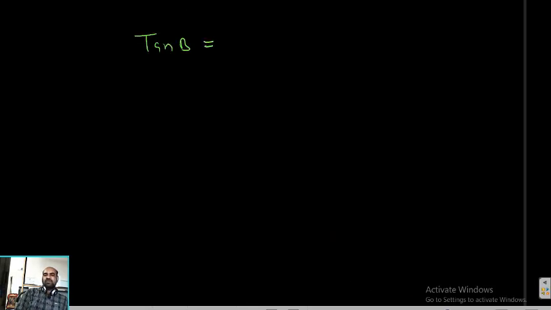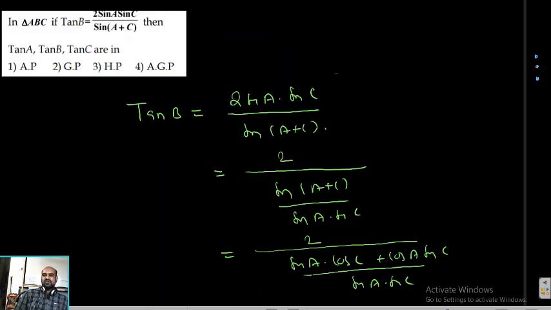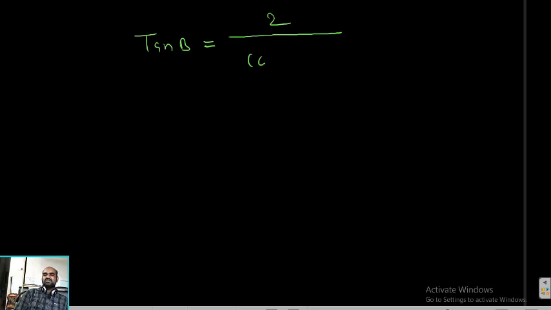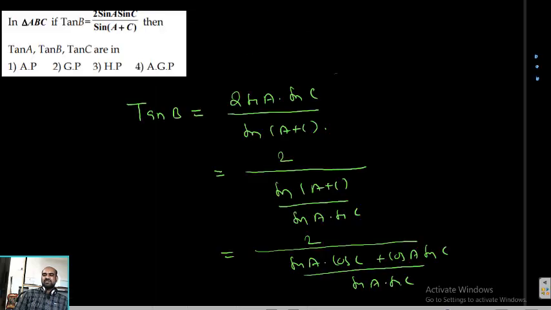Tan B equal to 2 by, students listen na, cos A cos C by sin A sin C, sin gets cancelled, get cot C, plus this by this, sin gets cancelled, cot A,